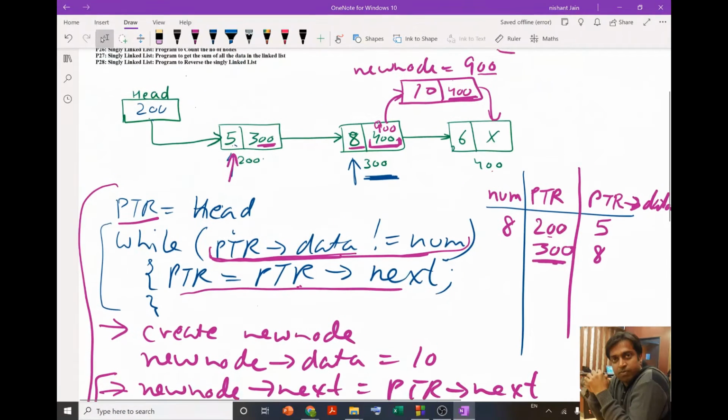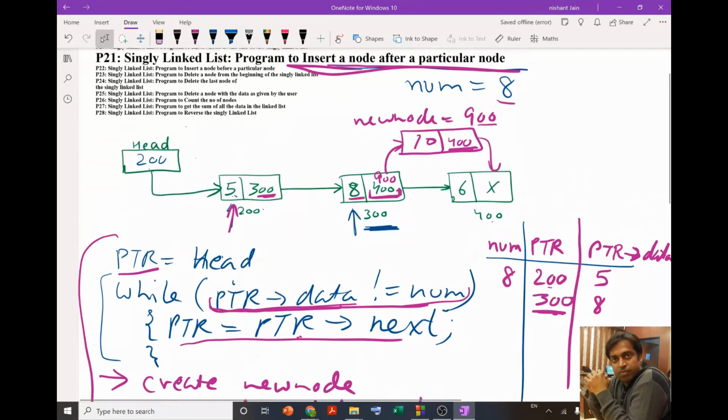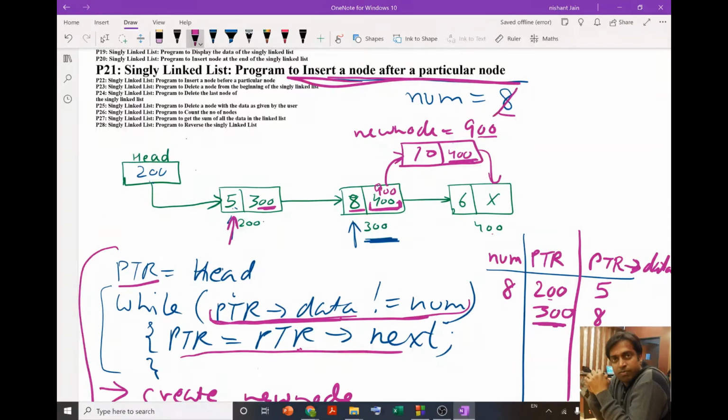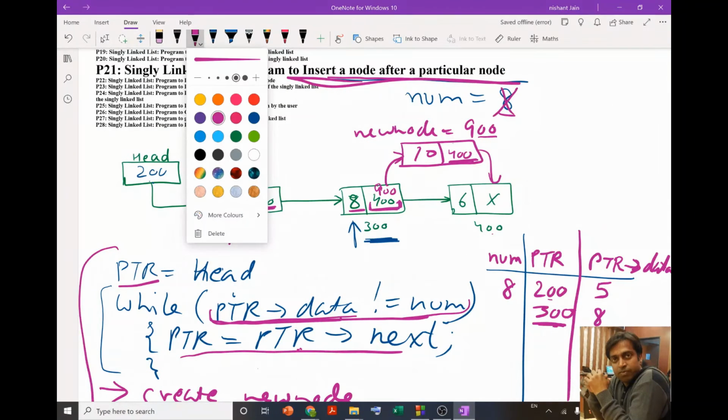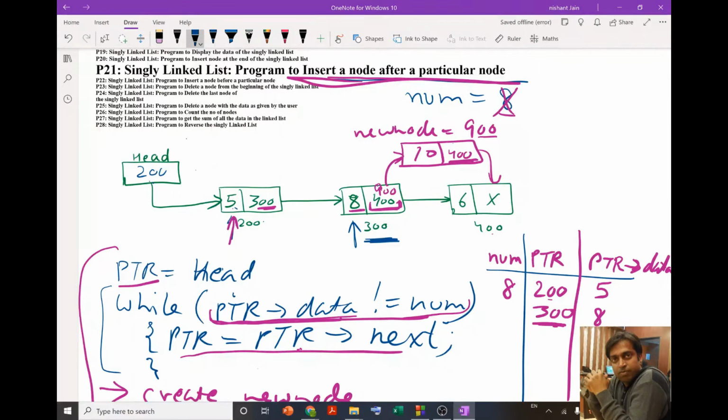Okay, so another problem is, suppose in place of this 8, the user wants to insert a new node after 12. Now in this particular linked list we do not have this data, so we should also check in this loop if we come at the end of the linked list.